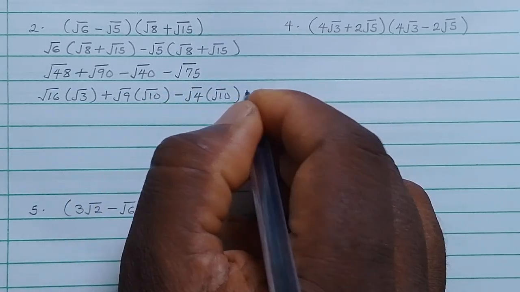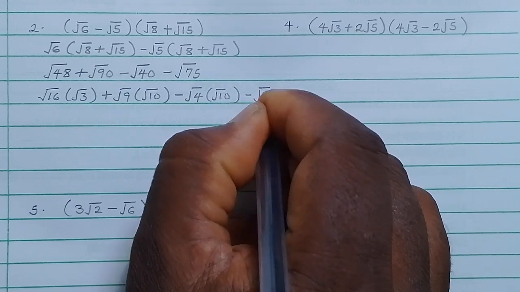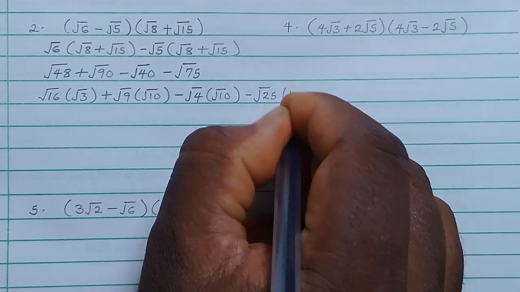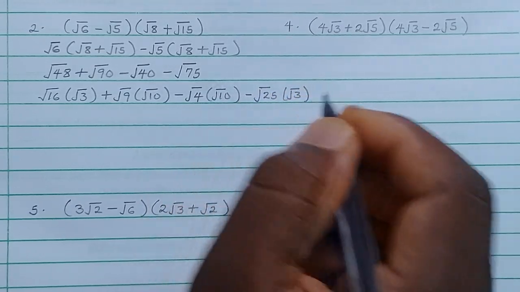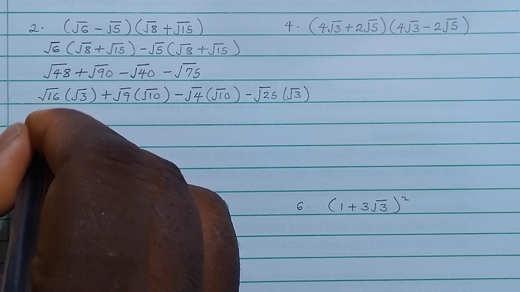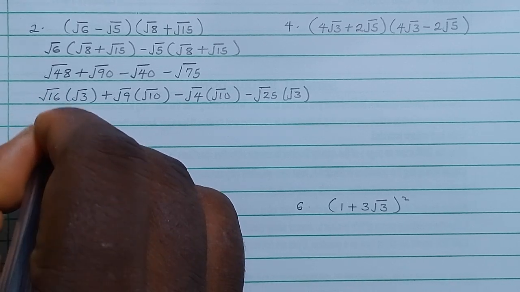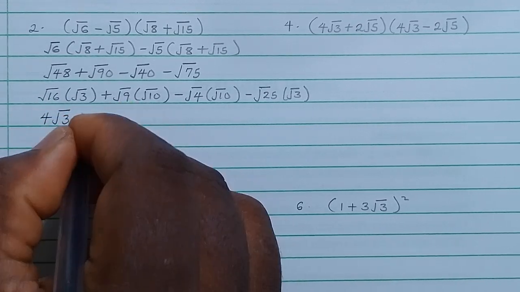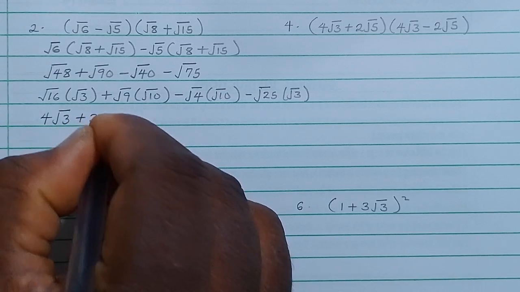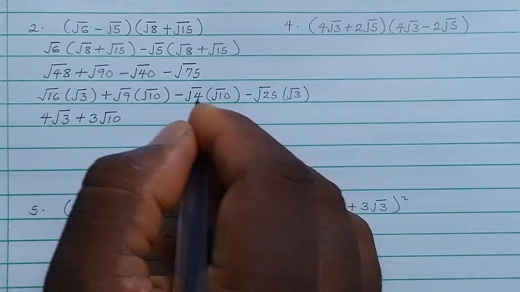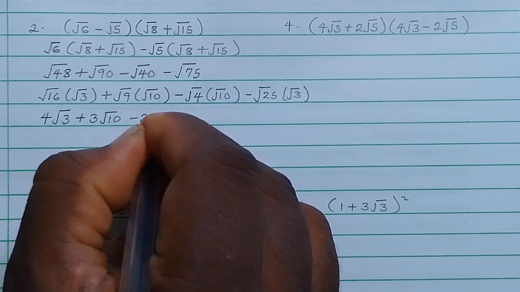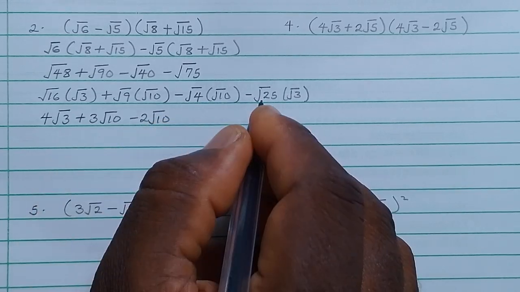And this is root 25 multiplied by root 3. We now simplify. Root 16 is 4, root 3, root 9 is 3, root 10, root 4 is 2, root 10, root 25